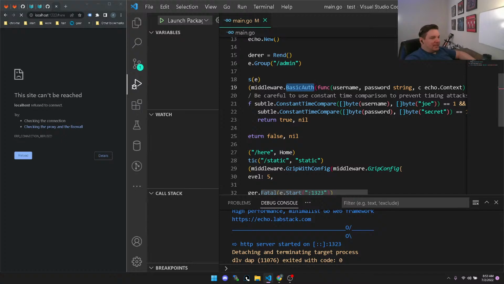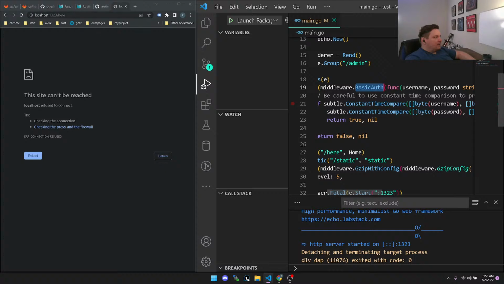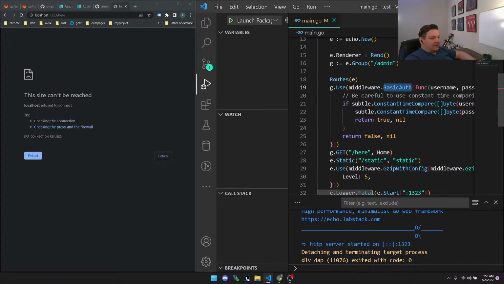You wouldn't normally use this as is like this, but it's just an example. You notice it just continually says it can't be reached, and that's because you're using that group routing, but you didn't go through the correct route. So if you go through this,